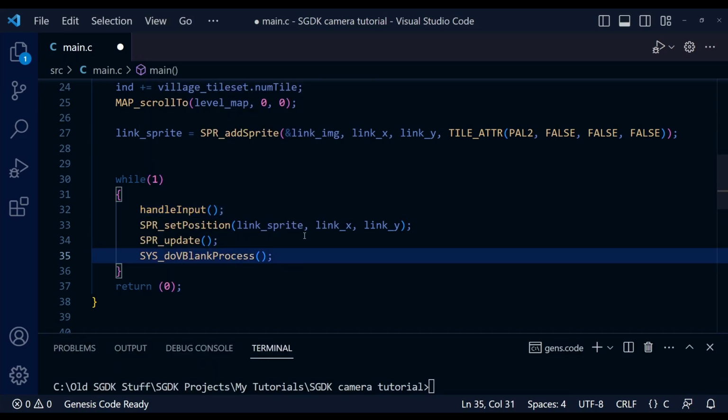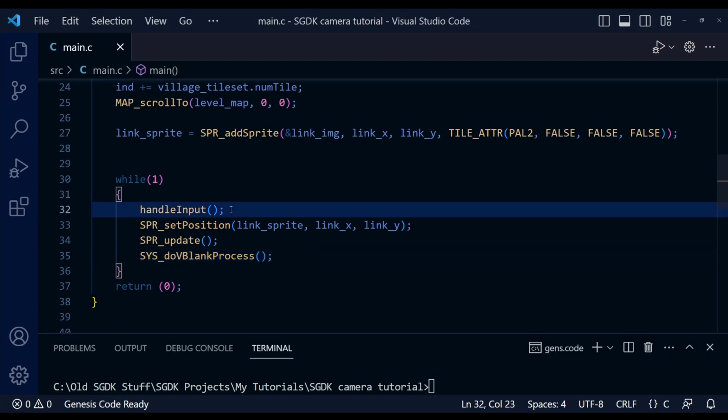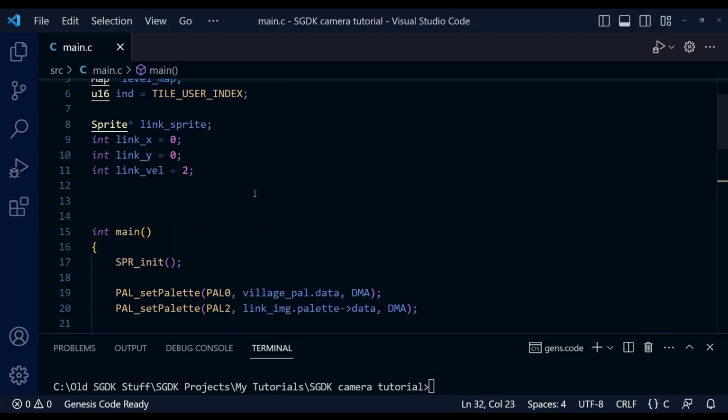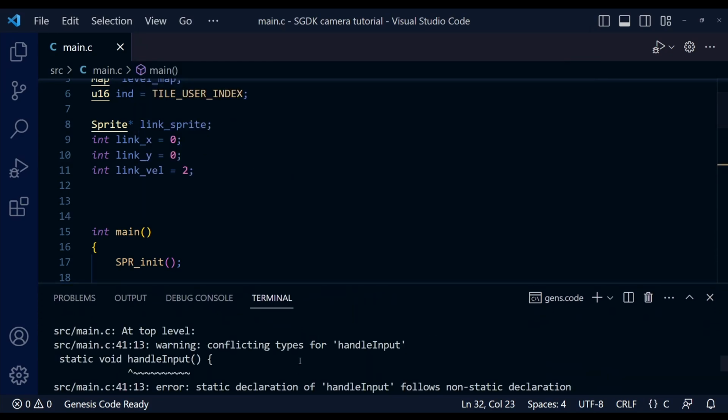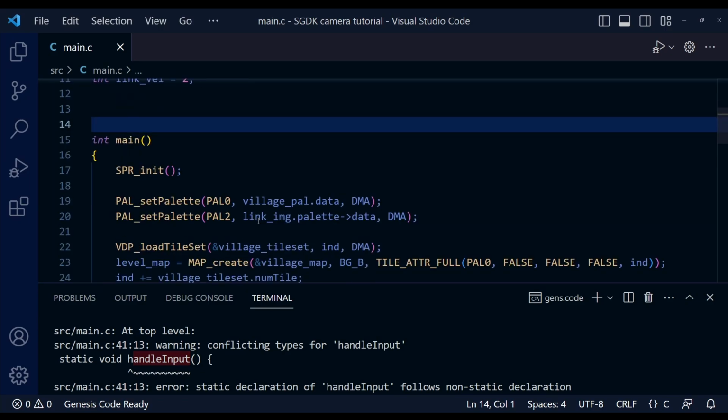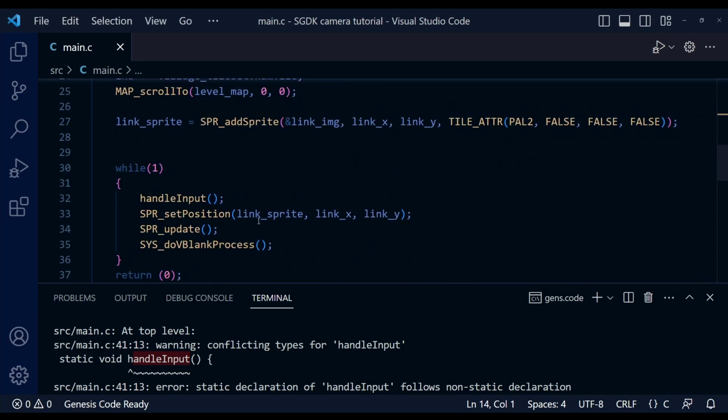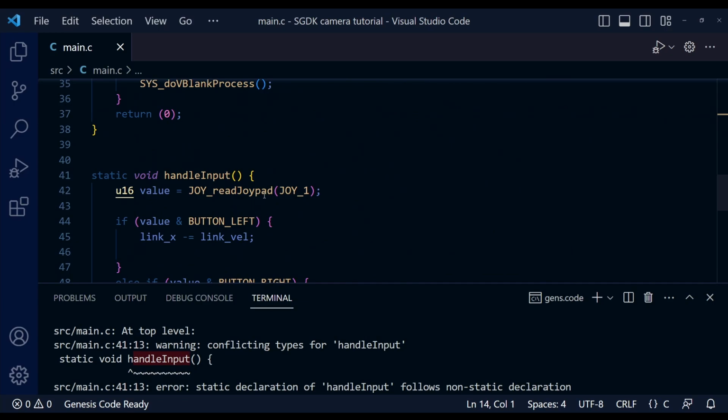Well, when the compiler gets to that moment, it will think, okay, we've got this handle input function, but I can't find where the function is actually defined and what the code inside it is, and you'll start to panic. As I understand it, most newer programming languages will continue to look in the rest of the document, and of course they'll find it at the bottom where we put it here, but C is a bit different, it's a bit lazy,